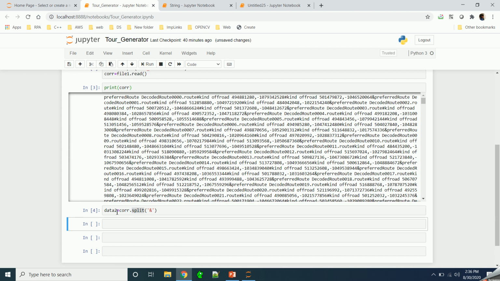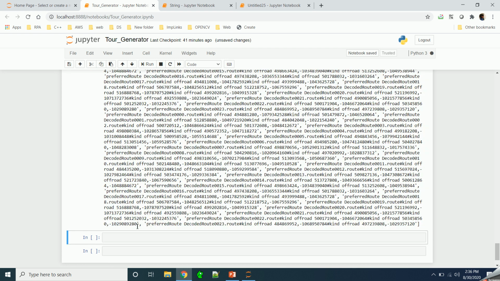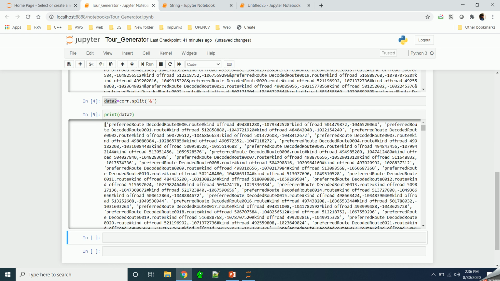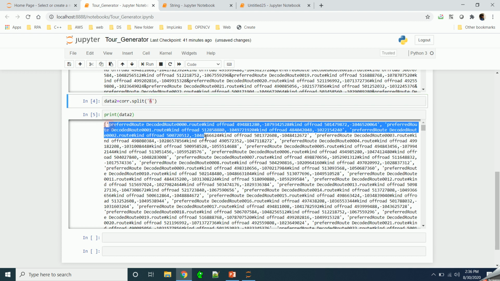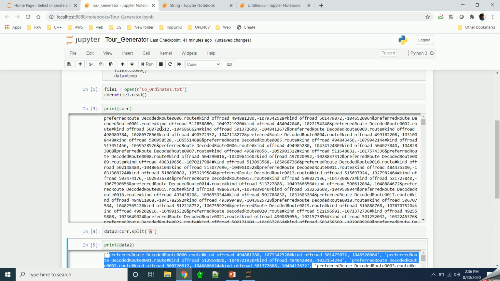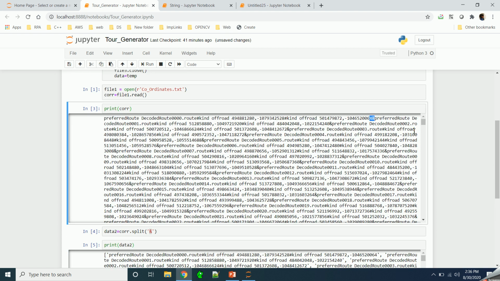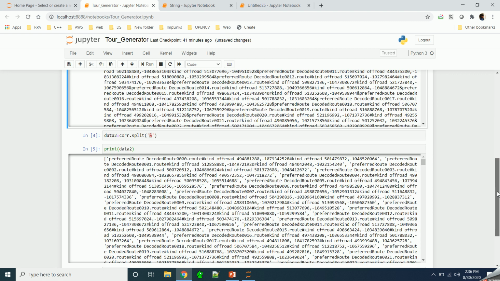Now we have split it, and if I print the value, we are getting a split string, and the percent symbol is now not present inside this. Earlier there was a percent symbol. Now we have split it, so we have got the string without that percent symbol, and it is a list.